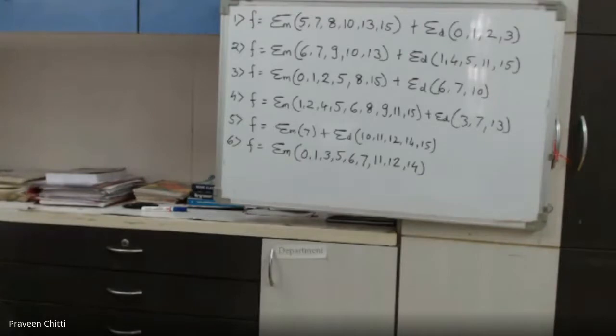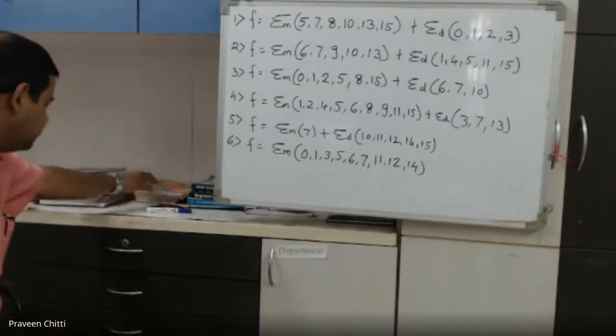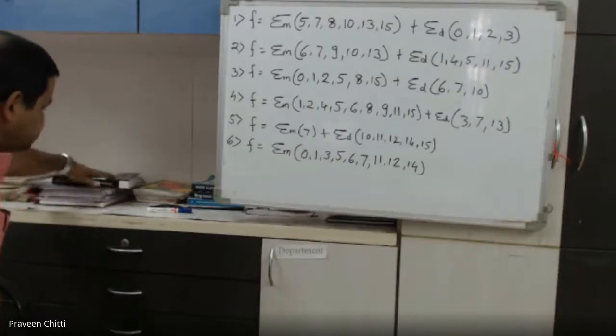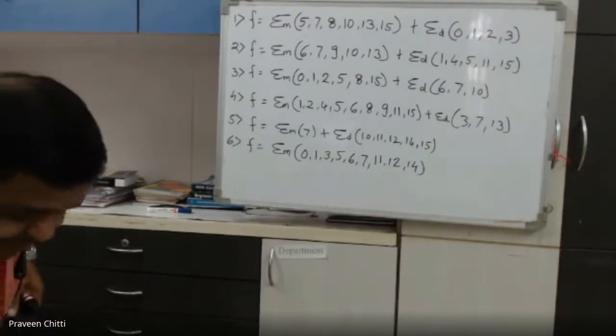You can see that in every example, the maximum min term what you are getting is greater than 7 and less than 15. So when you have greater than 7 and less than 15, compulsory you have to go for 4 variables. And if you have say greater than 3 and less than 7, then you need to go for 3 variables. So here all are greater than 7 and less than 15. So you need to go for what? 4 variable K-map. Is that clear?